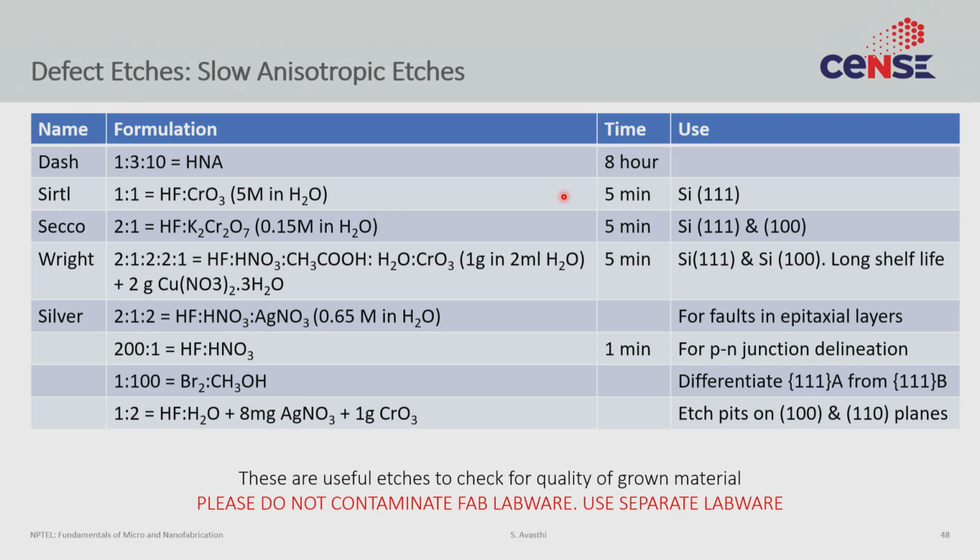we are victims of our own success. We have become so good at depositing these films that defects are far in between. I mean, the defect densities are not very high, so you are sort of chasing a needle in a haystack. There is one defect for thousands or millions of atoms, and it's unclear whether a certain characterization technique can actually pinpoint exactly where that defect is. So it's very hard to identify where the defect is.